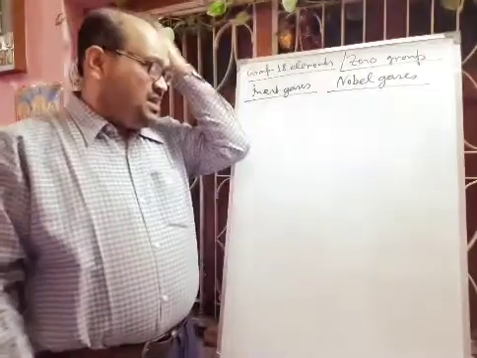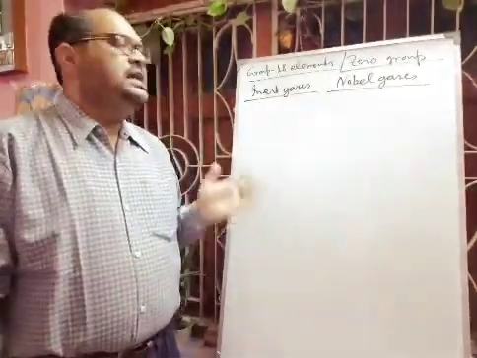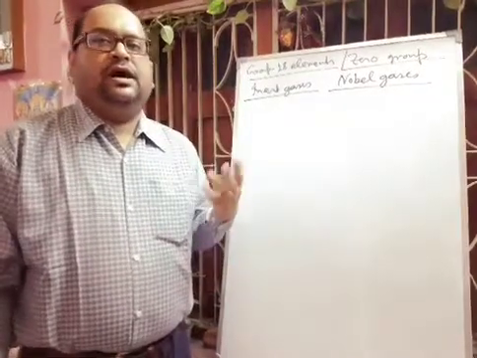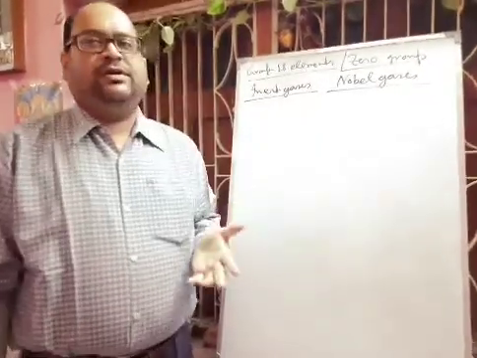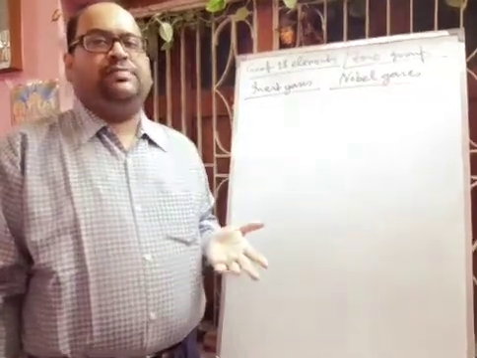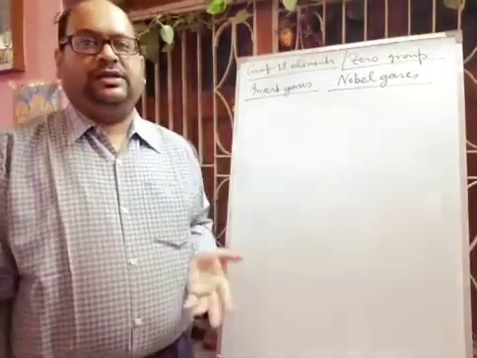First, in this group, the elements' names are helium, neon, argon, krypton, xenon, radon. Already you know. And during Mendeleev's time, noble gases were not discovered. That is why Mendeleev did not give any place. At that time he added no extra group, that zero group, in his periodic table.